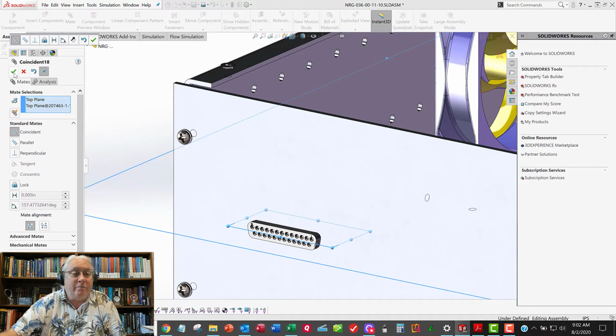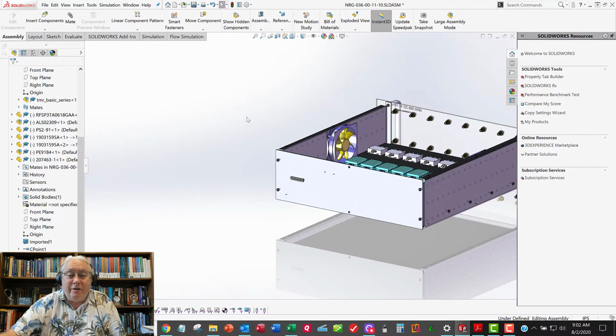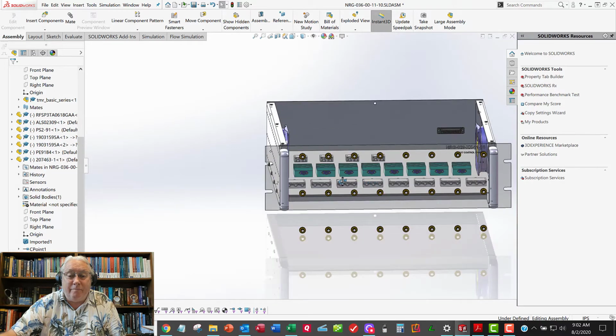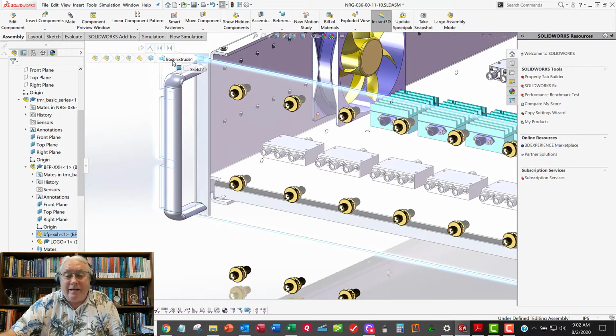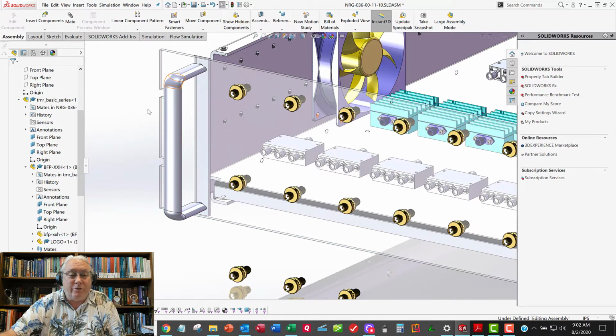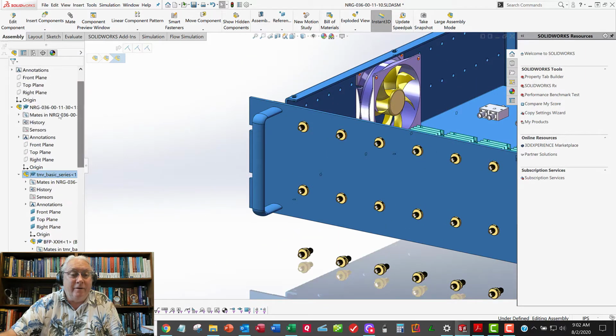Alright, now it's time to do some cutouts. And so we're not going to select this front panel and activate it and cut in that front panel. We do not want to monkey with the Tecmar chassis, the parts or the assembly, because we buy that and leave it just like it is. That's the whole reason we made this dash 30. So I'm going to activate the dash 30,